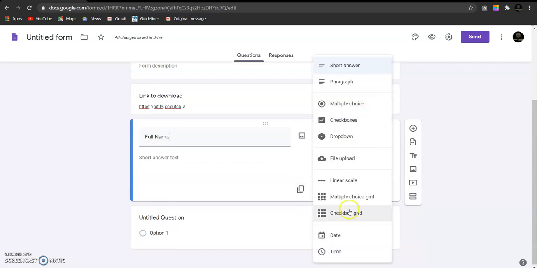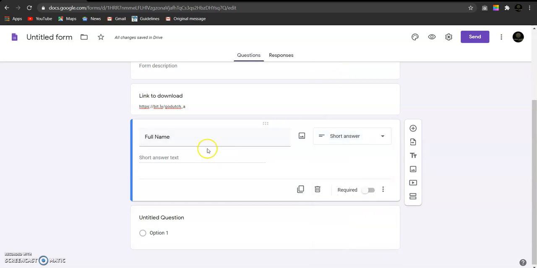You can choose multiple options over here, but I'll select short answer because a name is some kind of text, and I'll choose required because this prompts the user to enter his name, and without entering his name he can't submit the form.